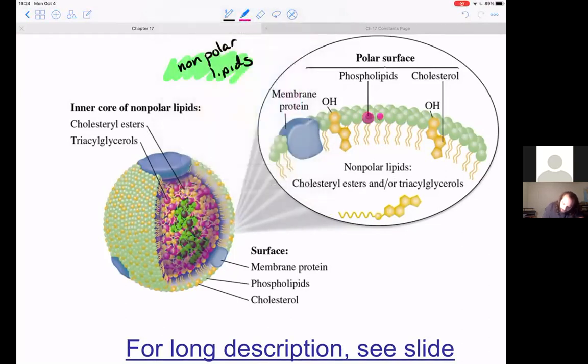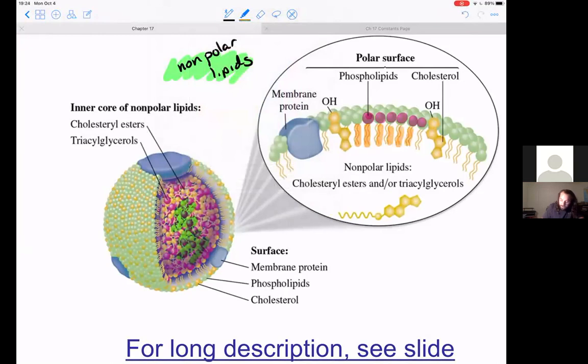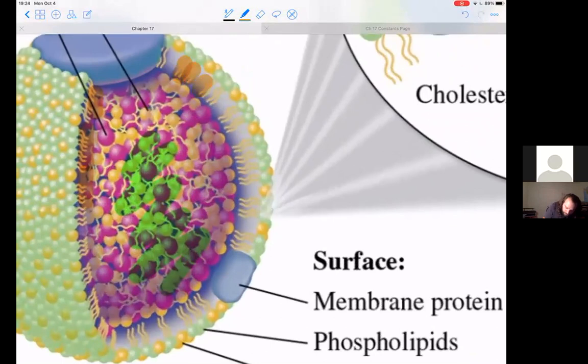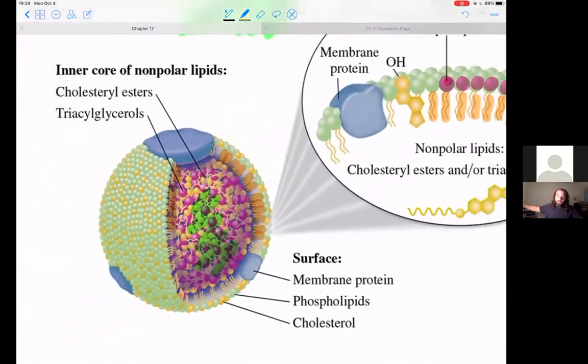On the outside of the bubble are the polar ends, and on the inside of those bubbles are the nonpolar tails, right? So the polar heads are on the outside, which is why these things are water soluble. They can be carried through a cell, which is an aqueous environment, a very polar environment. But they contain all these nonpolar lipids because on the inner lining, again, if you zoom in here, you can see the inner lining of this are all these nonpolar tails. So it's a way to keep both the outside polar environment happy, as well as the inside nonpolar environment happy